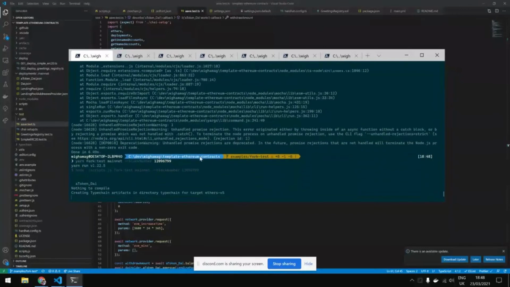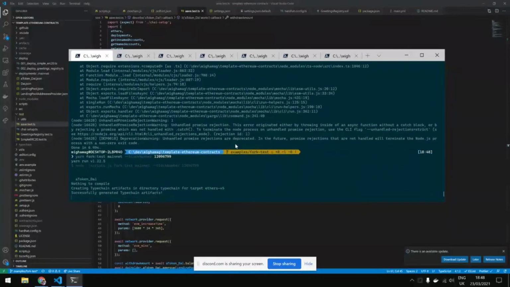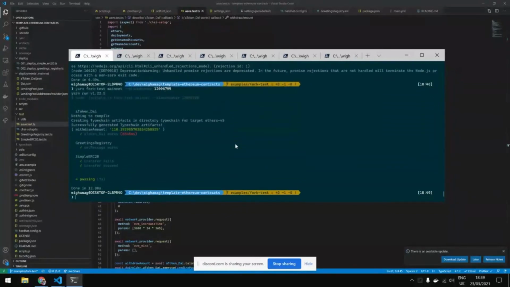So this comes from a template Ethereum contract. It has fork test, fork dev as well. So I get $10 after 1 year.